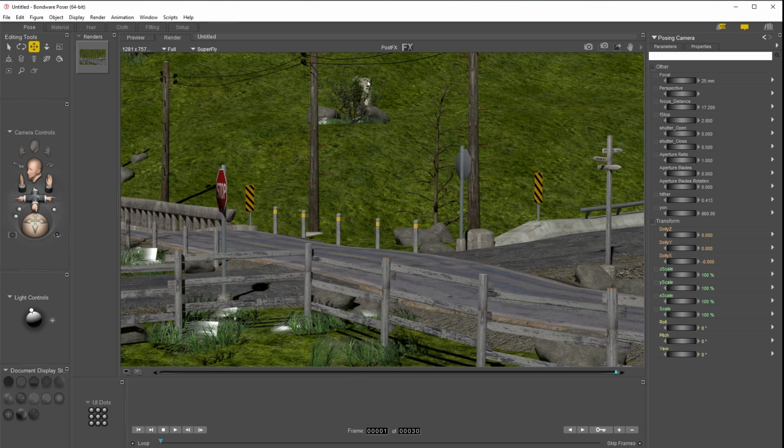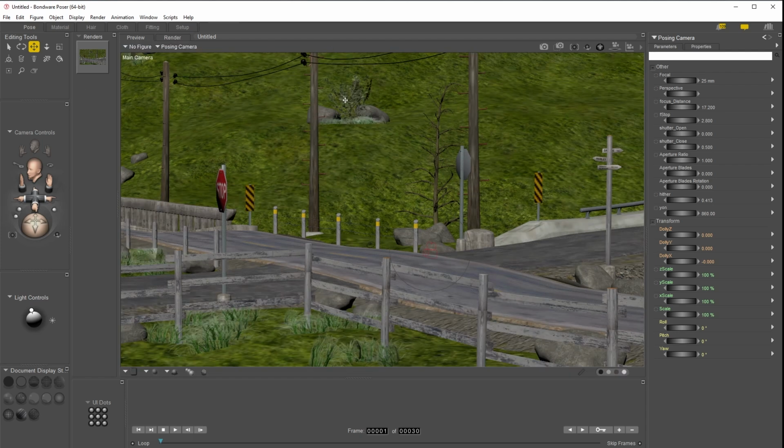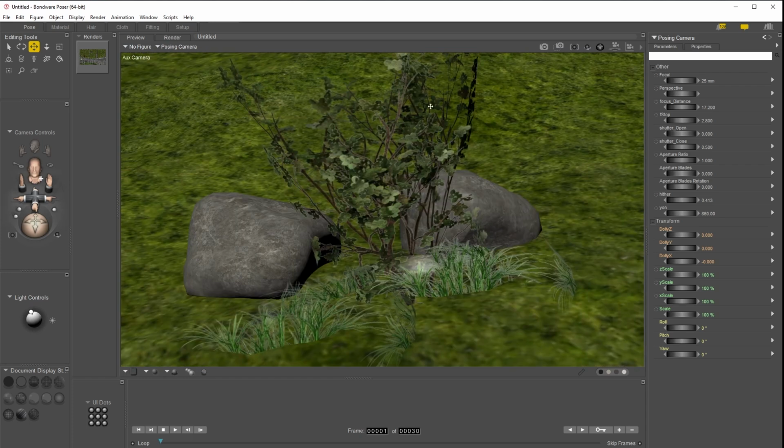you'll notice this little shine effect here and a shine here, shine on the grass, shine, shine, shine. And there's a good reason for that. Unfortunately Poser seems to have had a problem interpreting transparency. So if I go to my auxiliary cam, so what we have here is a bush and some grass,